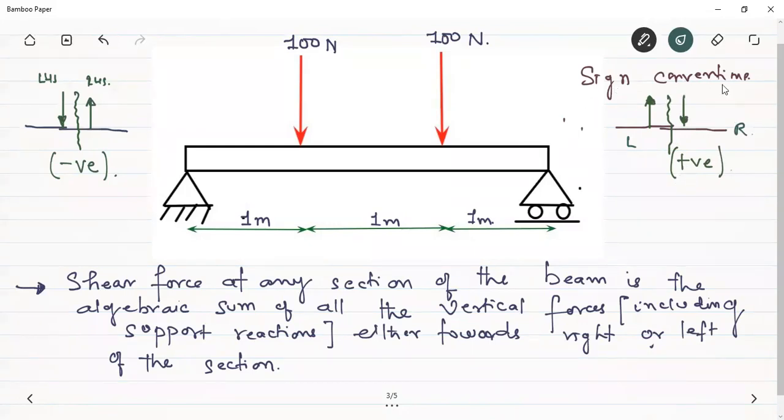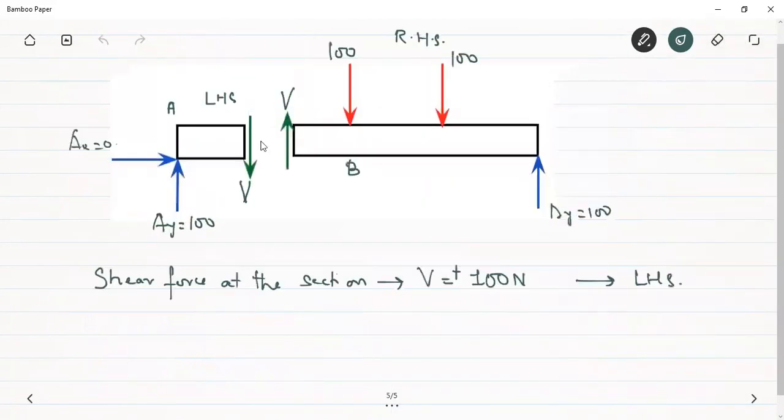Okay, you have to just remember this diagram. Vice versa will be this diagram. So for this analysis, I am considering the left hand side of the beam. Therefore, for the shear force to be positive at this section, I should have the net resultant force upwards. Don't look at the shear force, look at the external forces. This force is upwards. Therefore, the sign convention should be positive. Now, I'm considering the right hand side.